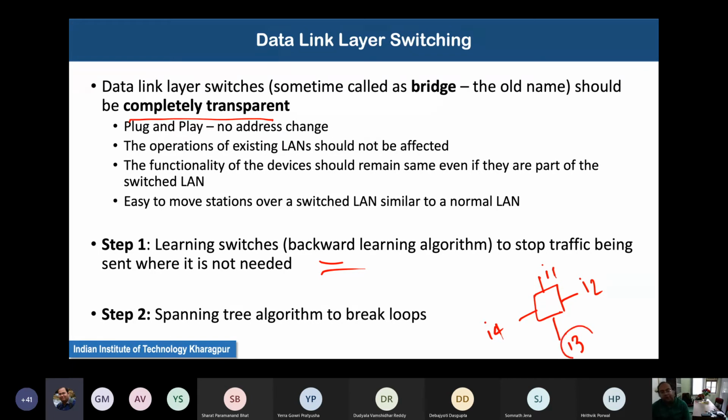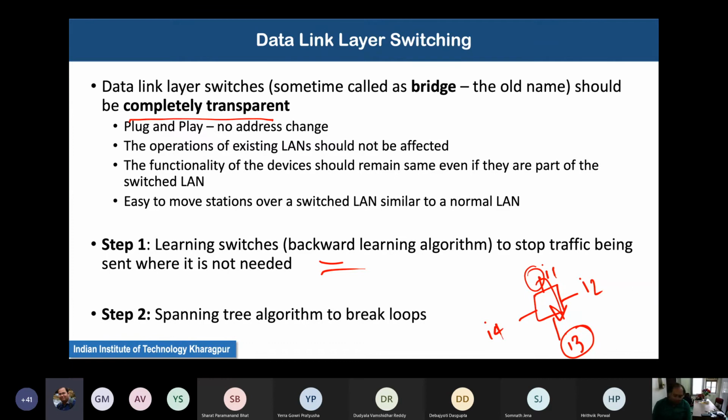That means you do not unnecessarily forward the data to the port where it is not intended. For that, we apply a backward learning algorithm. This is not something like machine learning, rather a very simple technique. We'll discuss that. And step 2 is the spanning tree algorithm to break the loops in forwarding the packet.